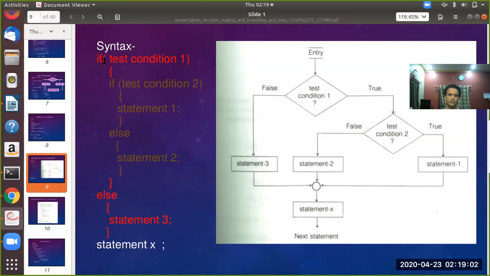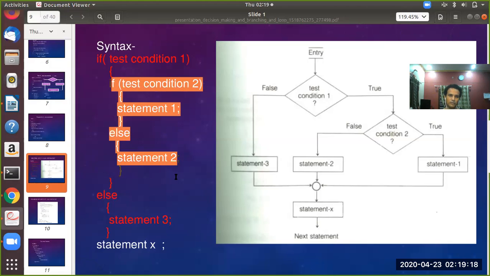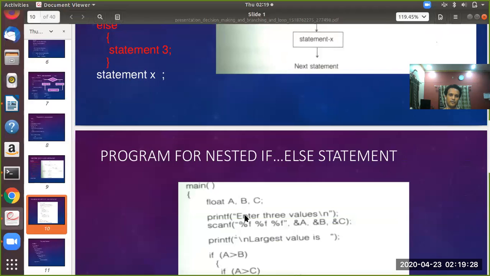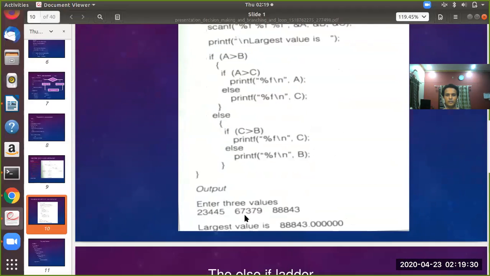The else block constitutes the outer if block, and inside this if block itself there is one more if statement. So embedding one if statement within another one is said to be nested if else statement. That is what is shown here in the program.